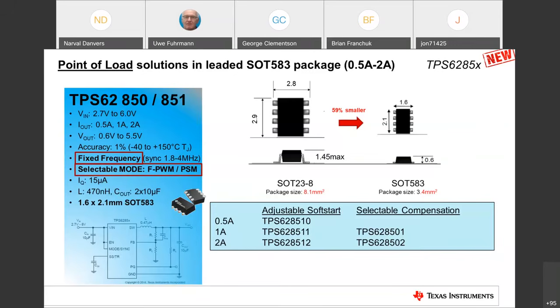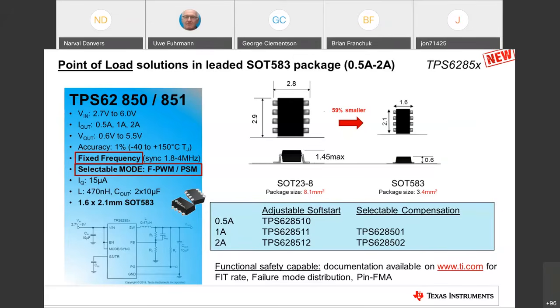It's internal, as for the other ones, but you can select between different compensation networks, depending, for example, on the output capacitance, the load capacitance you need to power. So it's again a family, as I mentioned, pin-to-pin compatible, 500 milliamp, 1 amp and 2 amp, and we're also looking at higher current versions later this year.